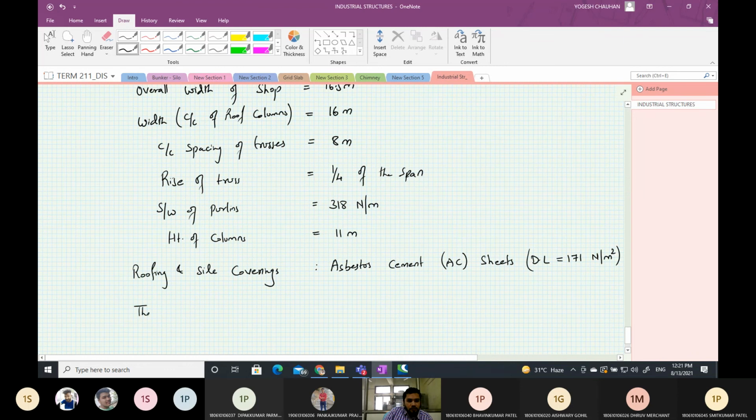Then the location of the building. The building is located in industrial area Naini in Allahabad.